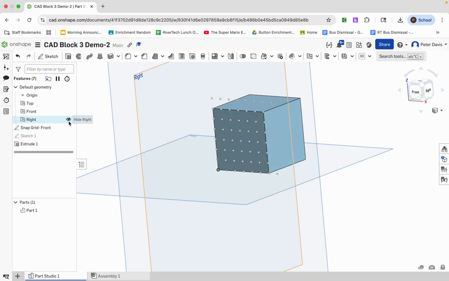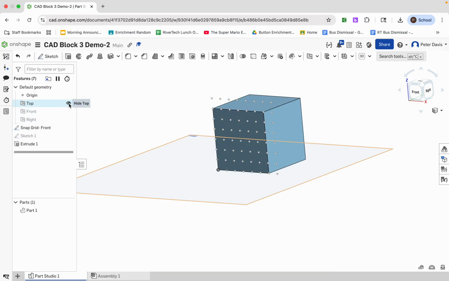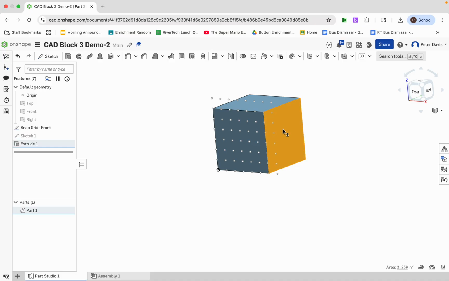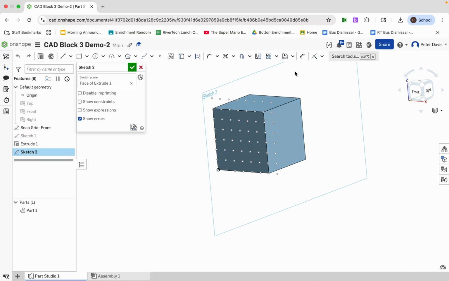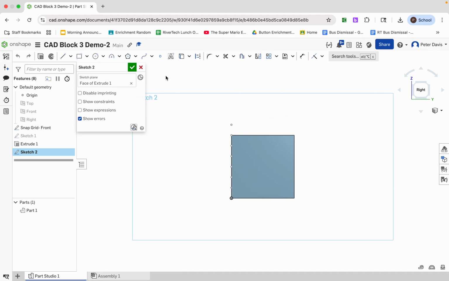All right, so now I am going to turn off my 3 reference planes. Okay, and I'm going to go to this side here and I'm going to make a new sketch. So I'm going to click on the right side of my cube, right click, make a new sketch. I'm going to go view normal to my sketch. I'm going to drop a point down here in the corner, and just like before, I'm going to create a sketch pattern. So I'm going to do 8 by 8,